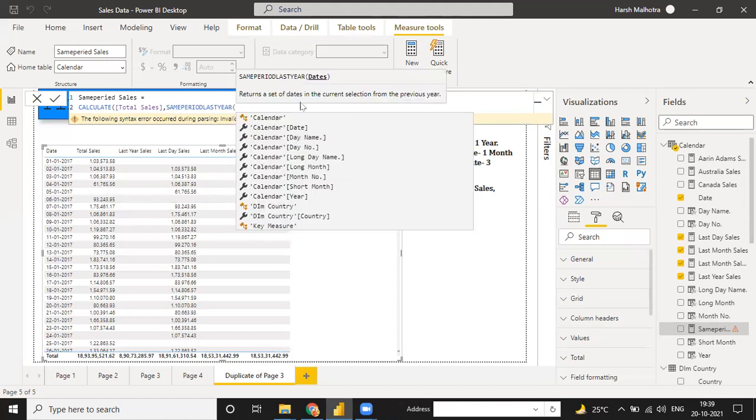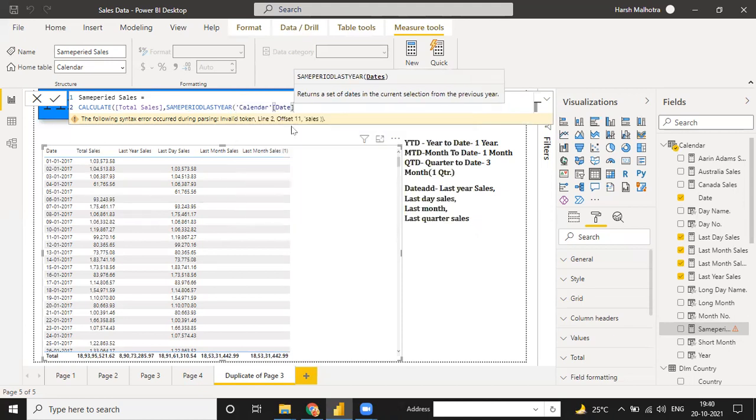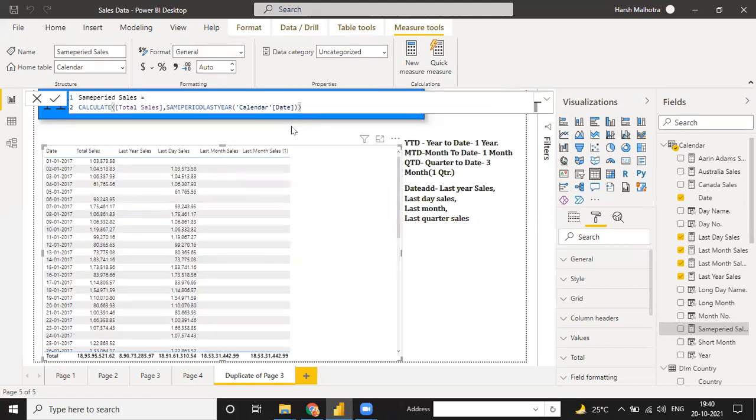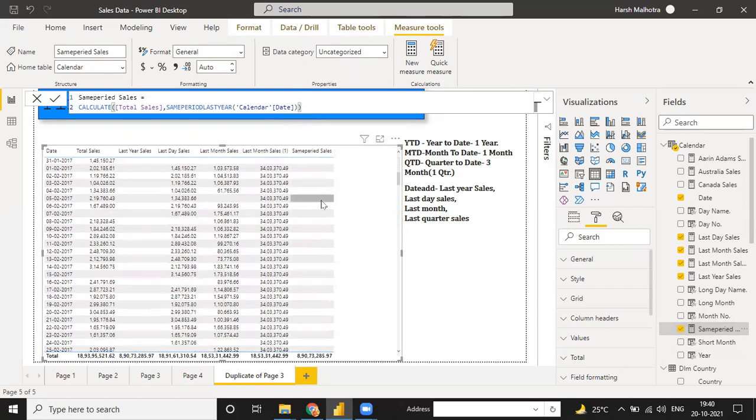It will just tell you the dates only. You don't need to select any interval for this. So you can just go to this, enter, and SAMEPERIODLASTYEAR gives you the value only one year back. But the DATEADD function gives you the value of all the years back, if you need any of the year-back data. So there is a limitation of SAMEPERIODLASTYEAR.